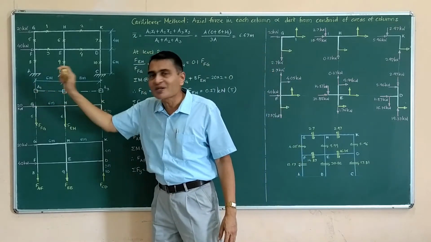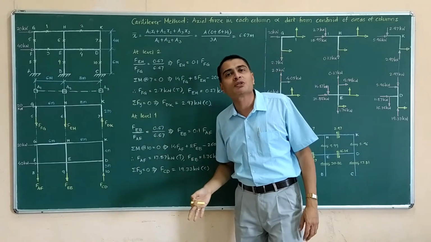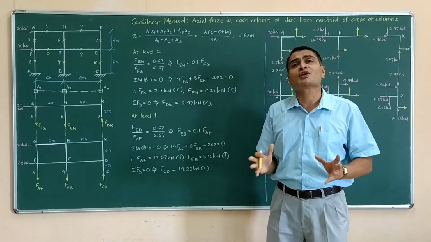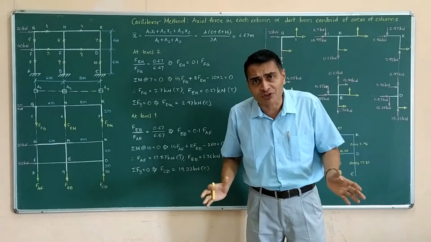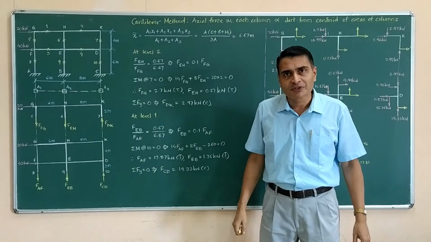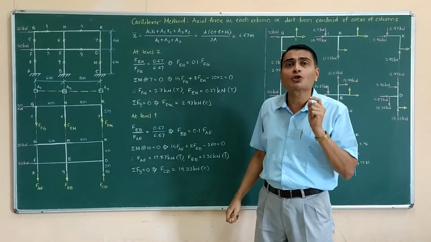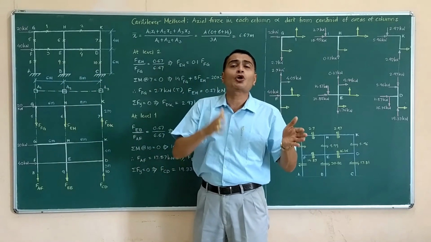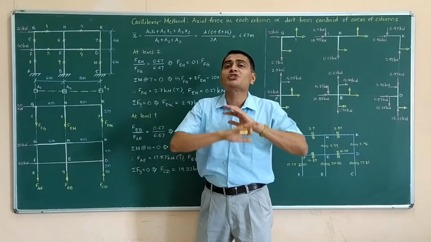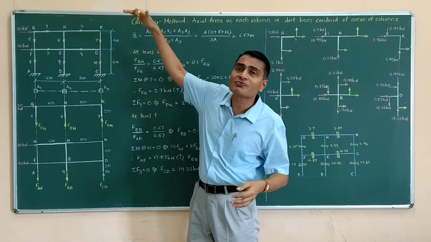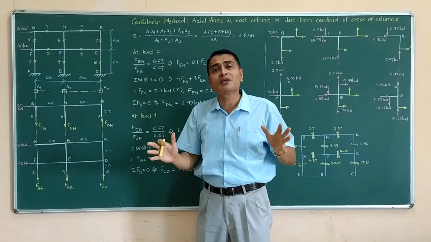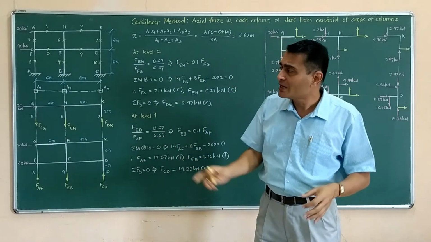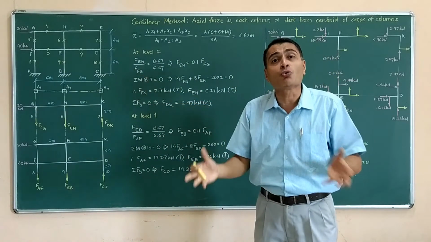Let us say from this extreme end, it is going to be A1x1 plus A2x2 plus A3x3 upon A1 plus A2 plus A3, an expression which is fairly well known to all of us. Now I substitute, and while doing so, what we are further observing is that no different areas are mentioned for left column, right column, middle column, and no separate areas are mentioned for ground floor, first floor, likewise. So we are assuming that all these columns have the same cross-sectional areas. That means A1, A2, A3 are equal.